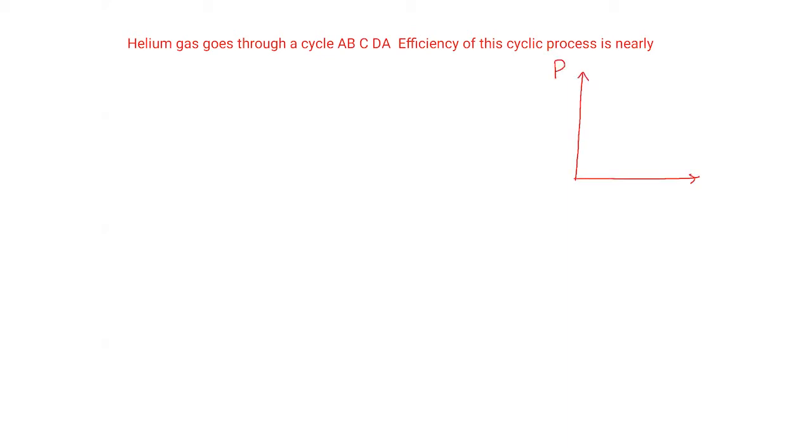This is P, this is V. A similar process they gave, a square process. Now you have to find efficiency, that's it. The difference between the previous problem and this problem is that you have to find efficiency. Same model, but here you have to find percentage efficiency. Let me see who will solve this. I hope you are able to solve this.